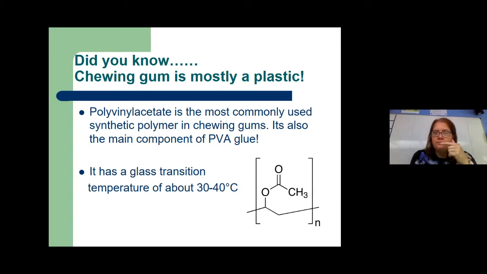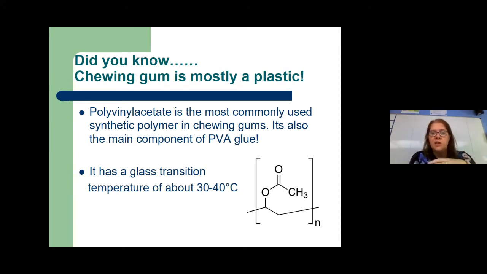Now, PVA inside our bodies doesn't really degrade, and this is why we're not encouraged to actually swallow gum. It basically just comes out the other end. But the idea is to spit it away. Now, the whole purpose of chewing gum, what the manufacturers are trying to do, is produce a gum that's chewy, that's rubbery in texture in your mouth.